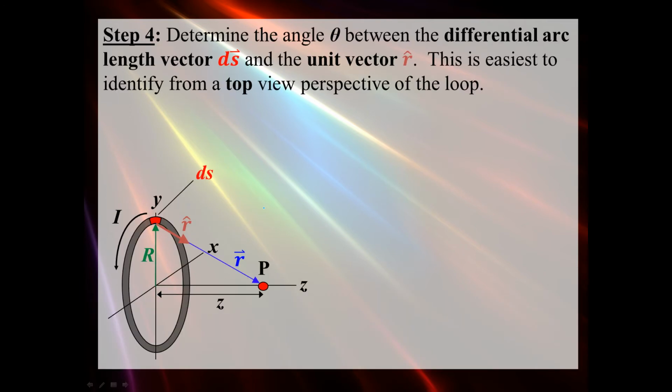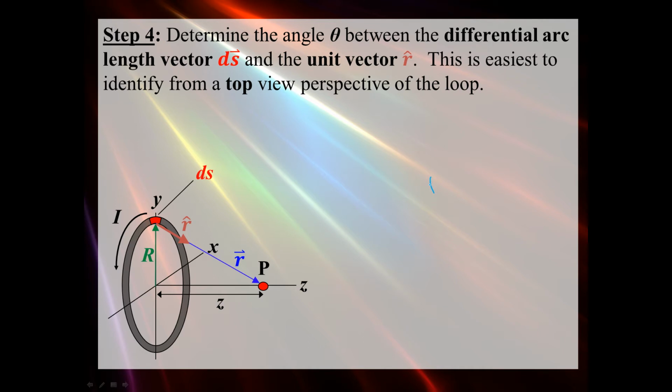Step 4, I need to know what is the angle between the differential arc length vector ds and also the unit vector r hat. Now, in terms of what direction the differential arc length vector is, well, that just points in the direction of the current. So if you look at the direction of the current at the very top of the loop, we're going counterclockwise. So it'd be tangent to the ring at the very top. Therefore, ds would point, from our perspective here, I think in the negative x direction. So if I were to draw this, it might look something like,